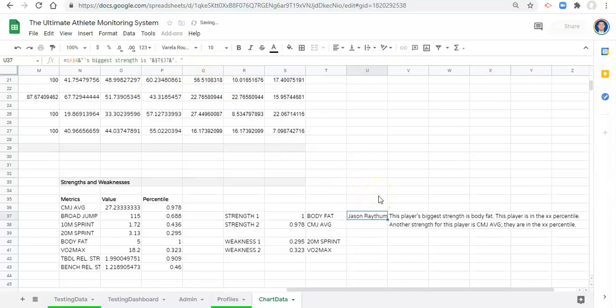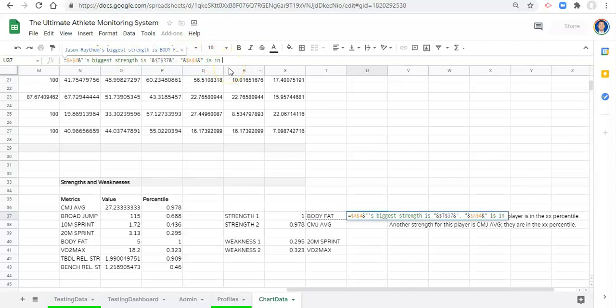And then what else do we want to say? I'll say the player's name is in whatever percentile this is. So let's take A4 again. We have the period, and now we have an ampersand, and A4 again, the player's name, another ampersand, quote, space. It's weird spacing, because we want spaces before and after the player's name so it looks like a sentence. And so now we're saying a new sentence, Jason Ratham, or the player,